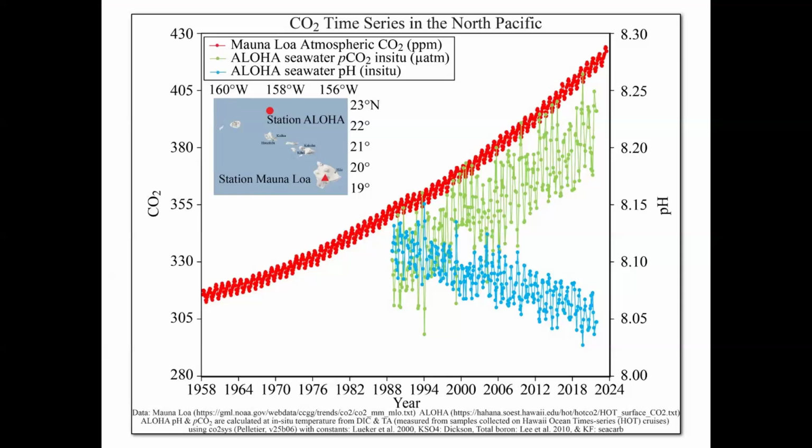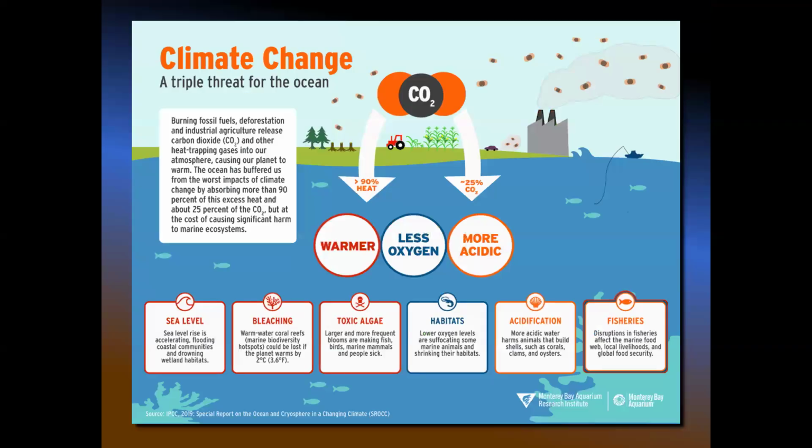And as you add carbon dioxide to the oceans, you increase the acidity of those oceans. So you can see the pH designated in blue here is going down over the same period that the temperatures are going up, which is demonstrating that it is carbon dioxide that is one of the main drivers of that temperature increase that we see there. Carbon dioxide being added to the Earth's oceans. And again, I told you that the Earth's oceans are incorporating some of the carbon dioxide that is being pumped into the Earth's atmosphere by human activities.